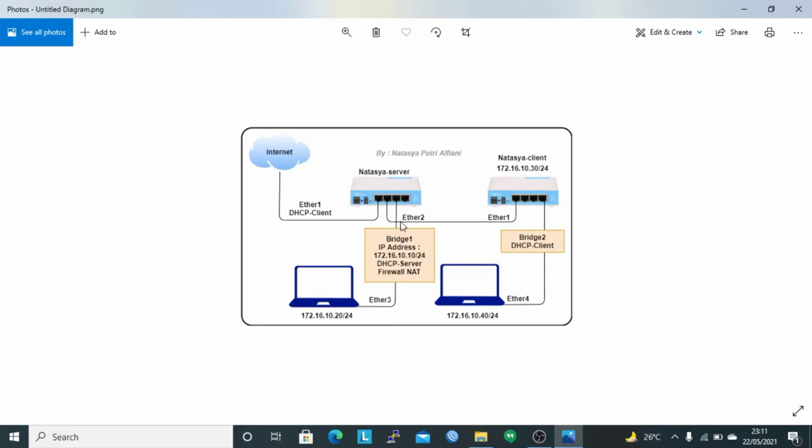Then Ether 2 is connected directly to the router client. And to remote the router, here I use Ether 3.